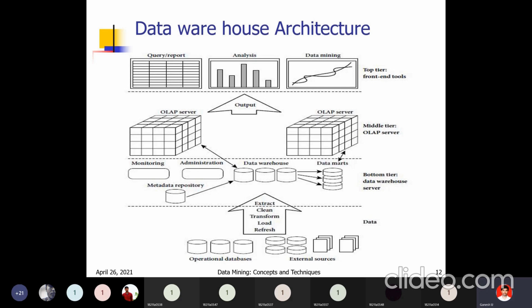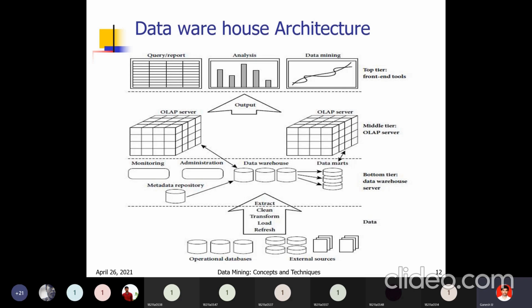Representation techniques. There is also prediction, we can say: how the next sales will be. That prediction we can also do, and that is nothing but data mining techniques. All of these we can do in the top tier. We will see all these. So this is the top tier, or tier 3.